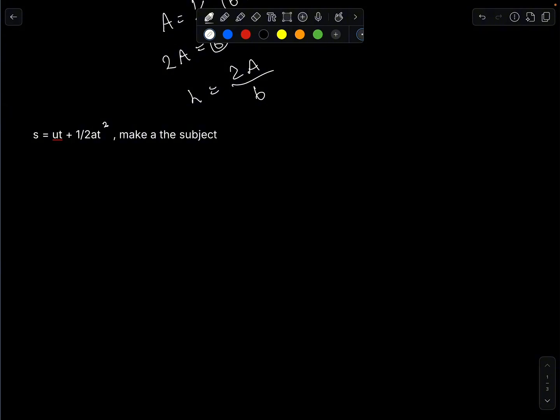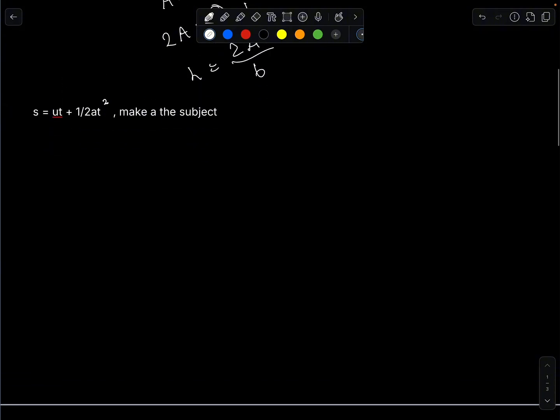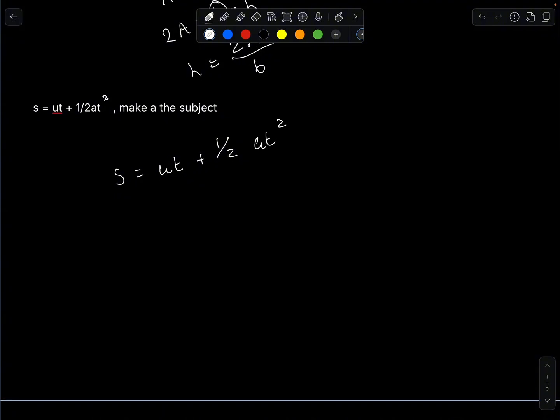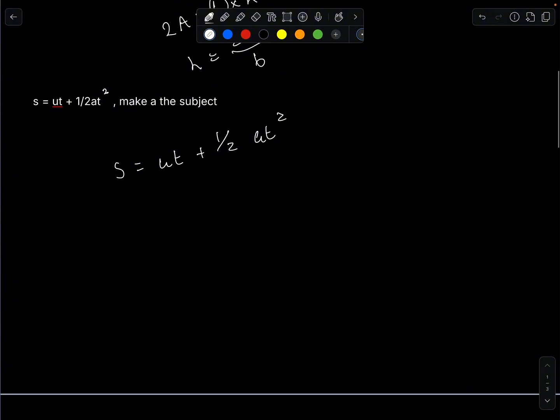Nice and easy. Now this is a SUVAT example. For those of you doing higher, this may be necessary, and especially if you go into your mathematics A levels, you'll need to know this. So you've got s equals u times t plus a half of a times t squared. First thing, obviously, we're going to get rid of the fraction. So I'm going to times everything by 2. So 2s equals 2ut plus